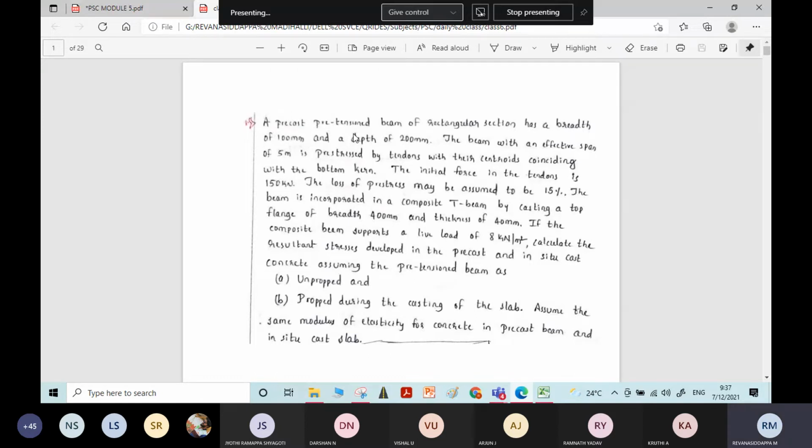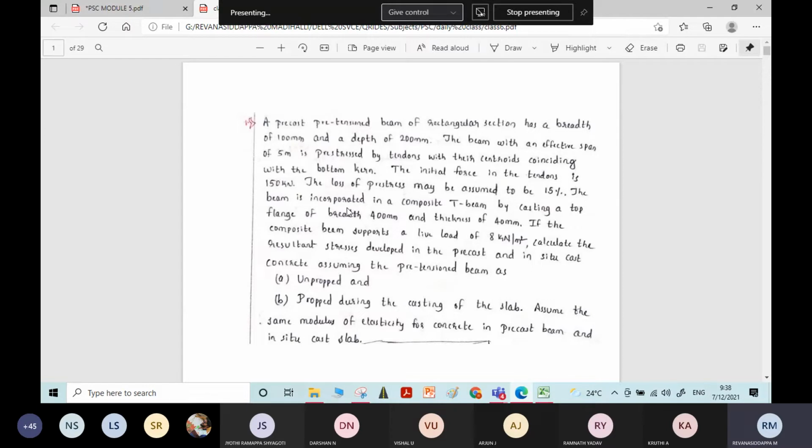A precast pre-tensioned beam of rectangular section has a breadth of 100 mm and a depth of 200 mm. The beam with an effective span is stressed by tendons with their centroids coinciding with the bottom kern. I will explain what is the meaning of this bottom kern. The initial force in the tendons is 150 kN. Pre-stressing force is given. The loss of pre-stress is given as 15%,